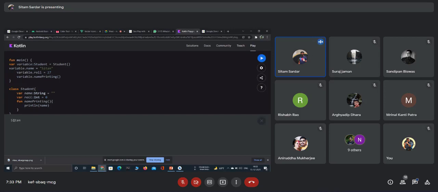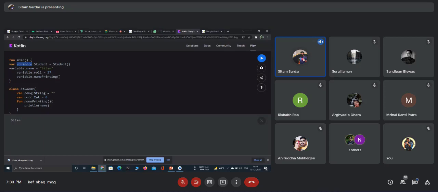Why is it printing my name? Because whenever I have created a data type of type student, this is my data type student, and I am creating a variable, name variable. Inside that variable, there are three sections: name, role, and this function. So inside the name section, I am passing my name.